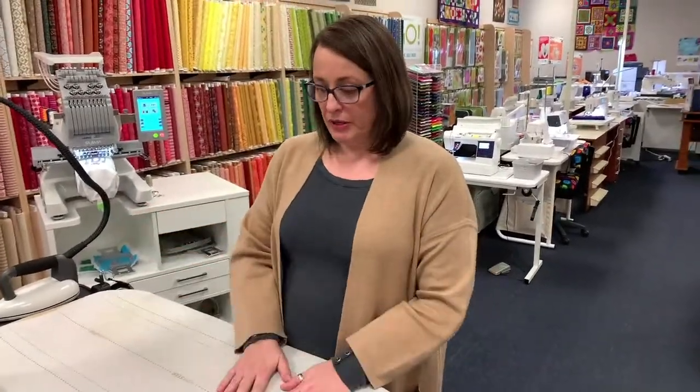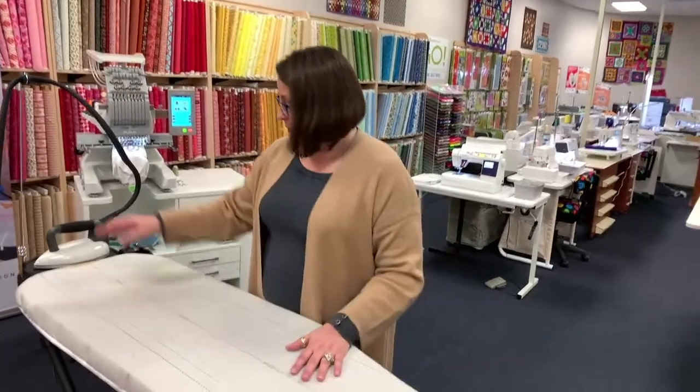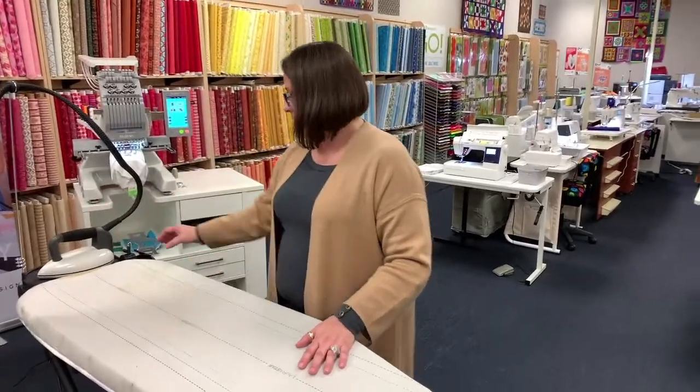And so that's what I did for a long time. I would just buy one as if they were disposable, but I can tell you I have one of these at home, and it's not going to wear out like some of the other irons do. And you don't have to get the ironing board. You can just get the lift iron, which is portable. Yeah, it's a portable iron, so if you already have a board you like...